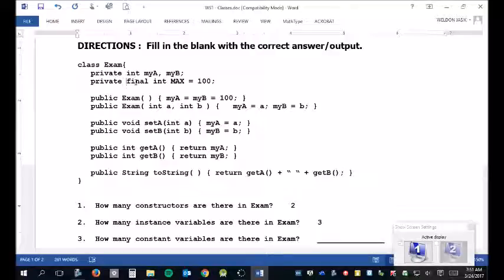Another name for instance variables is non-static variables. In fact, I would write that here on your paper. Because if you're looking things up on the internet, that's the terminology you'll see. Some people don't use the term instance variable, but they call them non-static variables. Okay? So now,